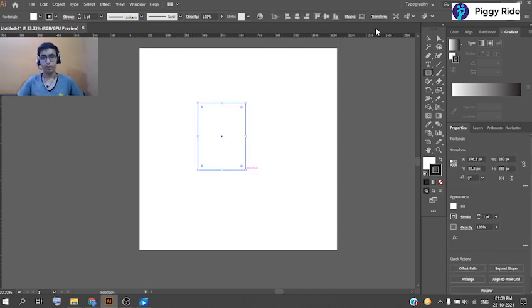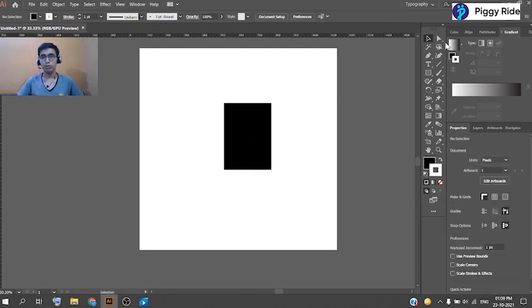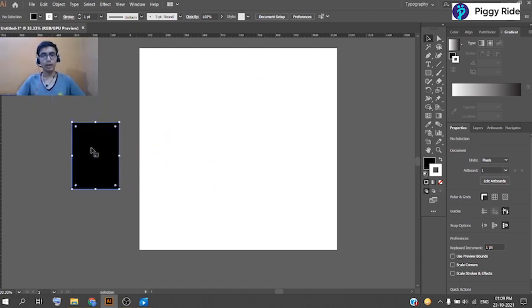I will just show. For example, if I have made a rectangle over here and I have to change its appearance, or I have to move the artwork from left to right, top to bottom, anywhere, I will just use my selection tool, and I will hold the left mouse button, and I can quickly move it around the canvas.